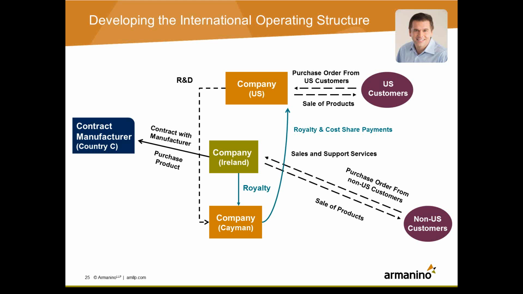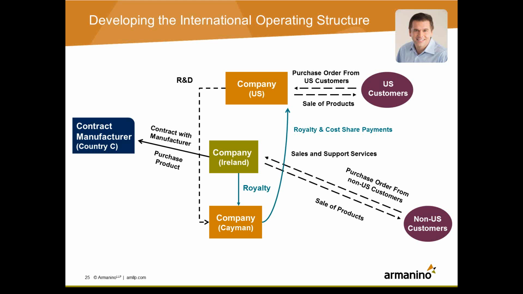But just to quickly go over transactionally how it works: the Irish company acts as the operating entity for the non-U.S. sales. It pays a royalty out to the Cayman company, which then enters into a cost-sharing arrangement for the further development of that IP. Now, in this structure, the Cayman entity owns the economic rights to exploit the intellectual property outside of the U.S. And the U.S. company retains all title to the IP as well as the rights to sell in the U.S. So from an IP defense perspective and trademark protection, those types of things, the U.S. company is the face to the IP.